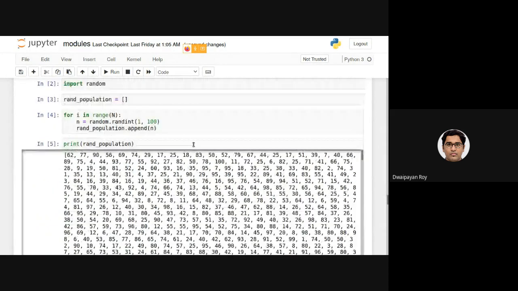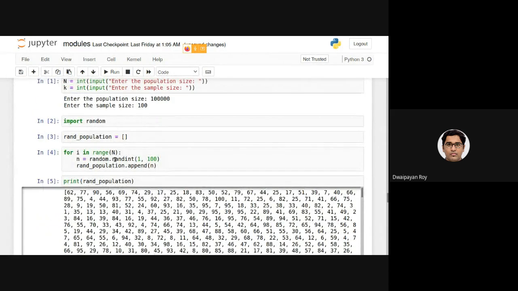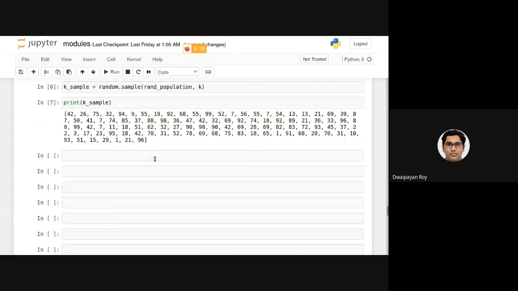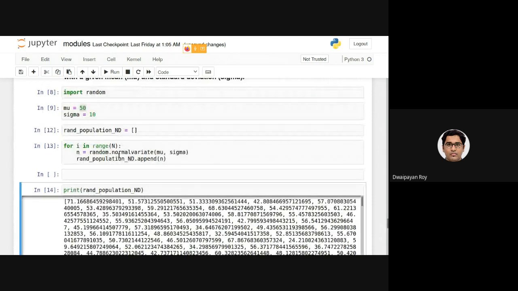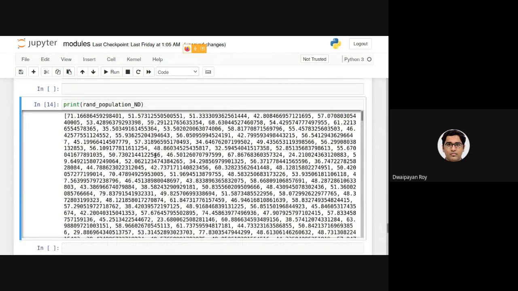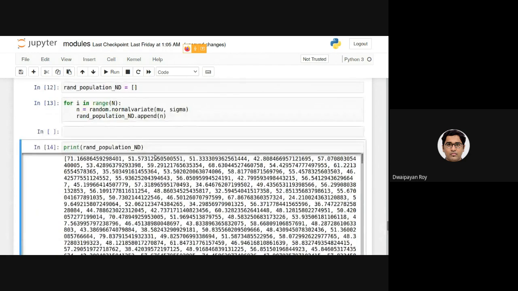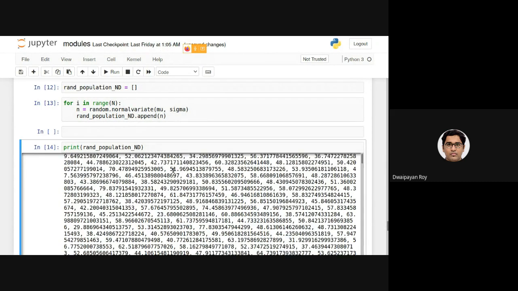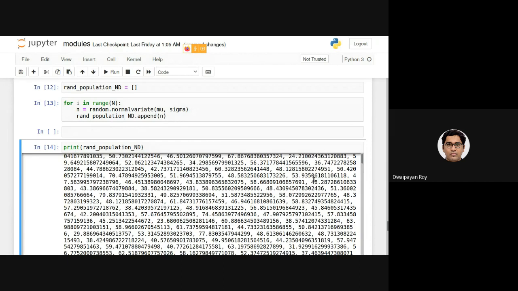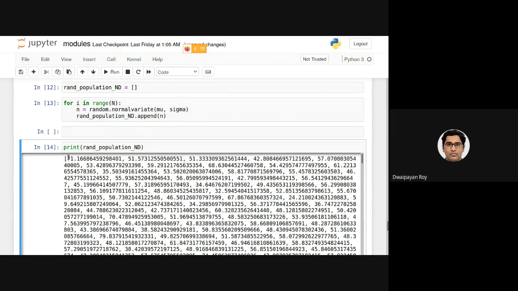In the first code, I was generating random integers between 0 and 100, and they were entirely random. Now I wanted to generate random numbers which follow a normal distribution. I am saying that we have done that, but how do we check it?